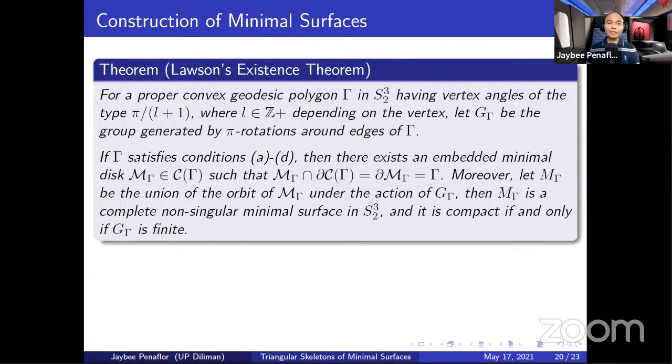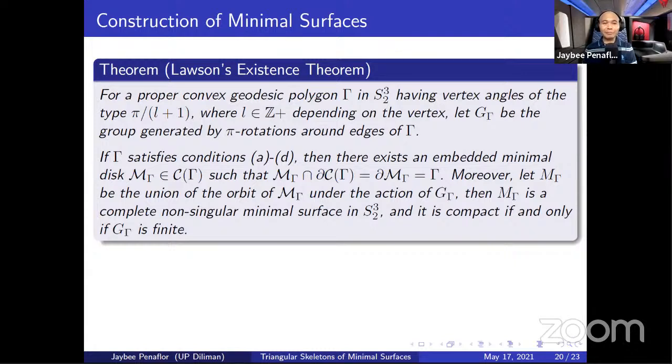For a proper convex geodesic polygon gamma in S^3_2 having vertex angles of pi over L, where L is a positive integer depending on the vertex, means that all the vertices will have a fractional vertex angle. Let G of gamma, G sub gamma,